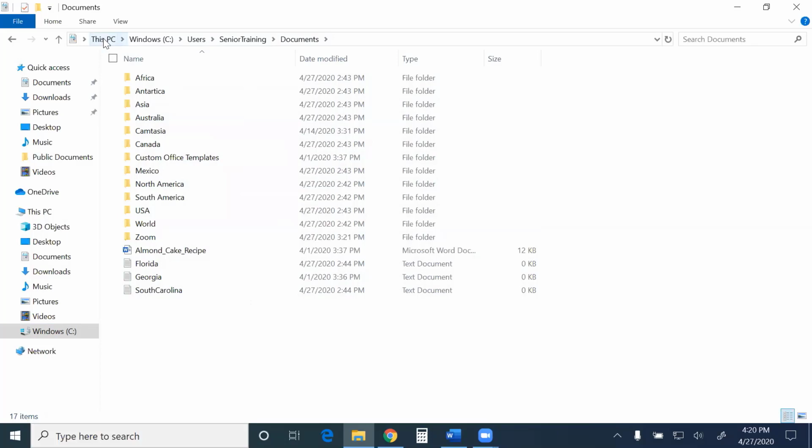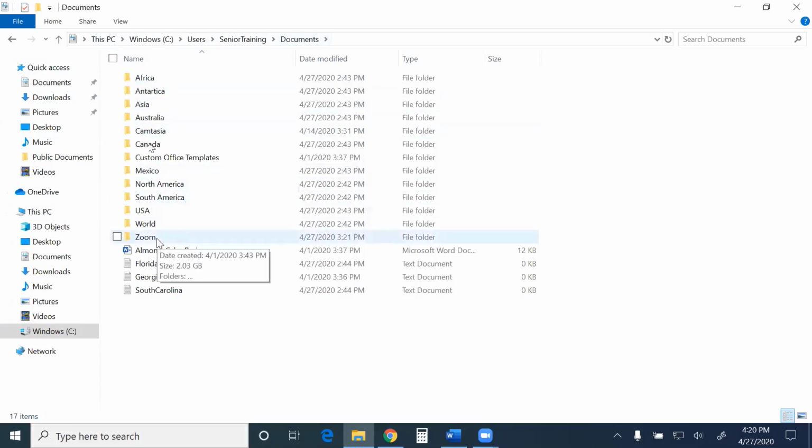Just like if you were walking down a trail you'd never been down before and you're dropping breadcrumbs as you go so you can find your way back. This tells me that I started at this PC, which was right over here. Then I went to the C drive. Then I went to the users directory, the senior training subdirectory, and the documents subdirectory. And under documents is where I find all of this.